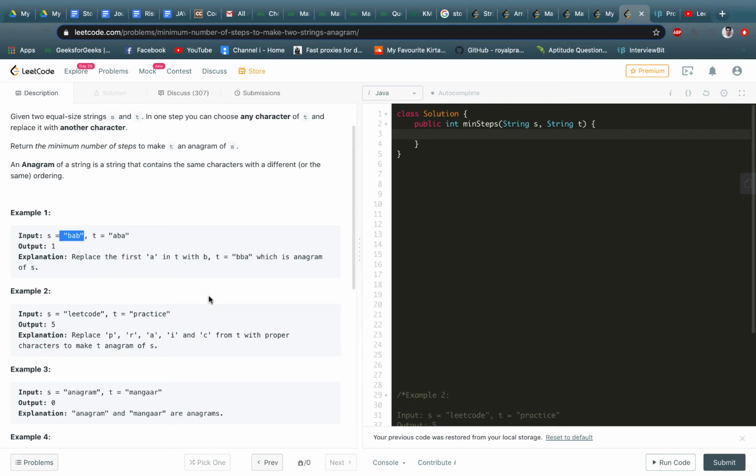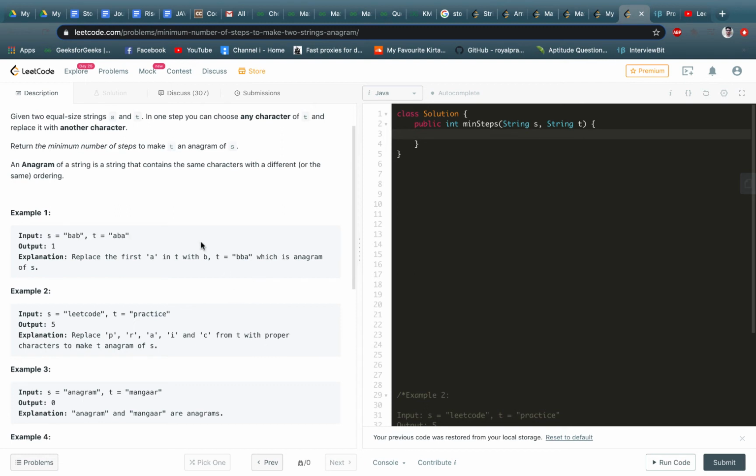So we are going to hash the characters present in the string s. Alright, and in the second iteration, when we are iterating over t, we are going to subtract